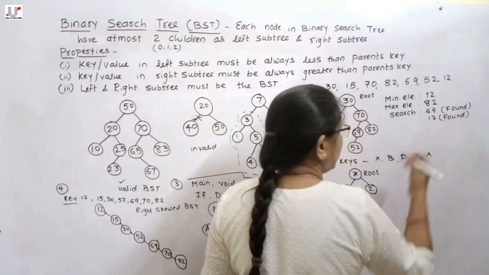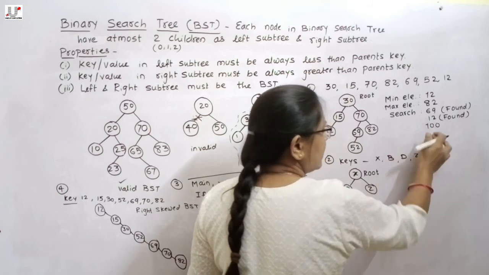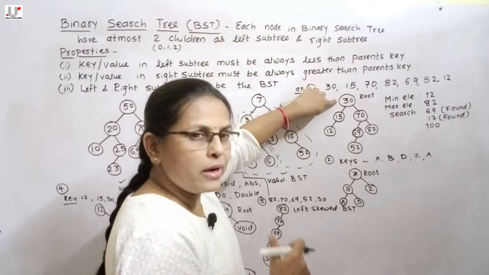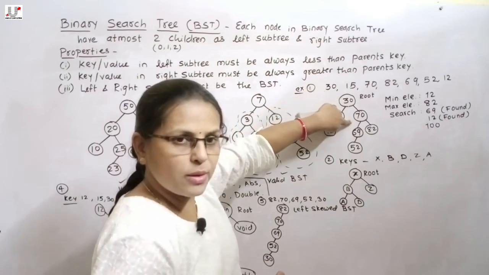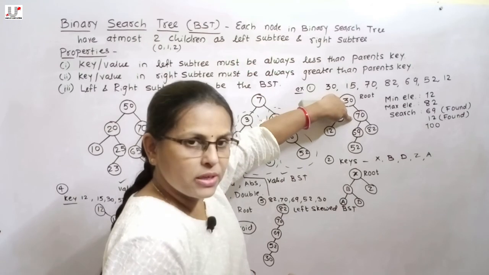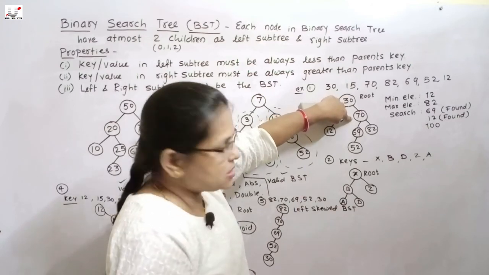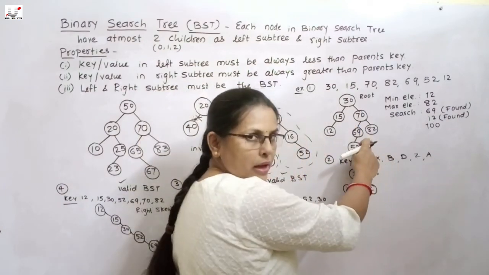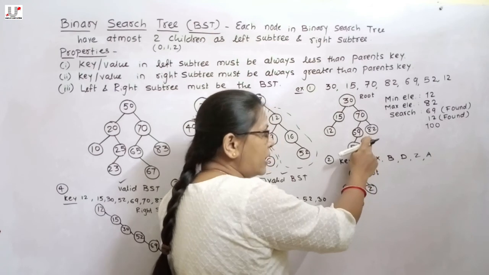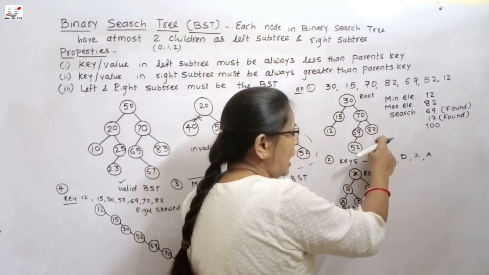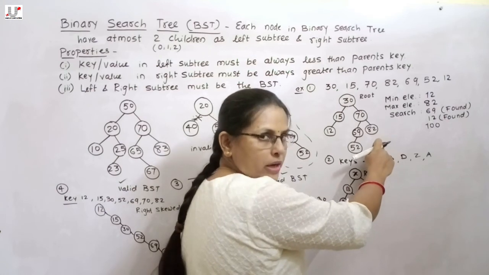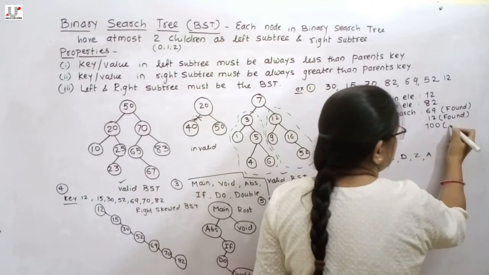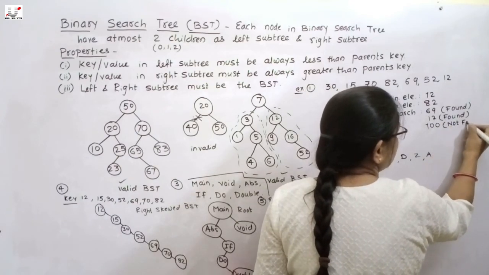And if we specify the element 100, then again 100 gets compared with the root first, and as 100 is greater than the root node, move to the right subtree. It gets compared with 70. As 100 is greater than 70, again move to the right. Then the search element gets compared with 82. It is greater than 82, so move to the right. As no right child is present for 82, that means the element 100 is not present. It just displays a message that the element is not found.